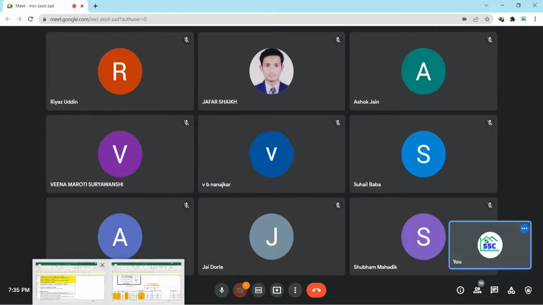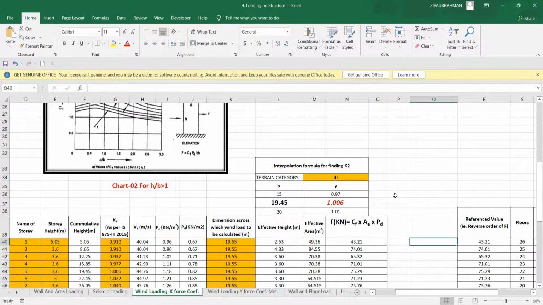That's why we are going to find out the lateral forces due to wind at different floor levels by the manual approach. In structural engineering practice, we call it the Excel sheet approach. Whatever you do with spreadsheets, we call it manual. Got it?